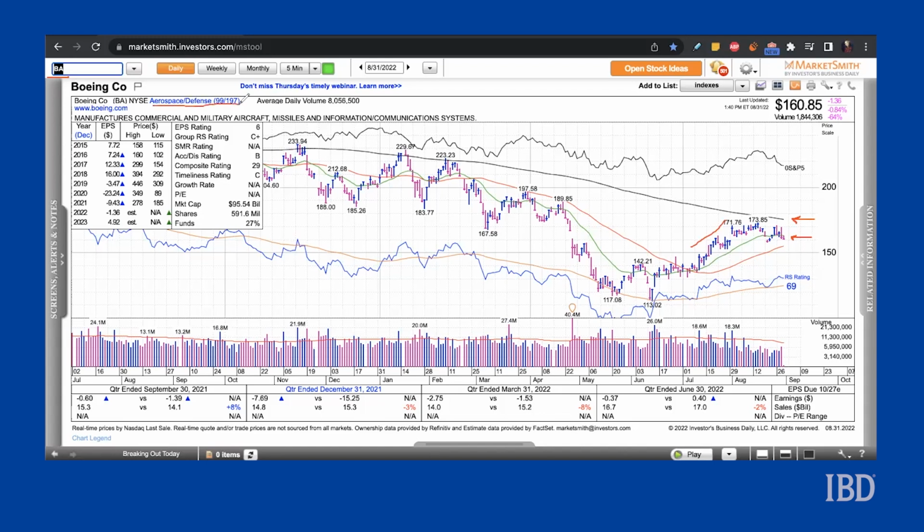The Aerospace and Defense Industry Group currently ranks number 99 out of IBD's 197 industry groups, which is okay, but it's not super strong. Furthermore, the company estimates losses for the 2022 year of $1.36 a share. Once again, a 69 relative strength rating shows mediocre price performance and that the stock is not a major outperformer